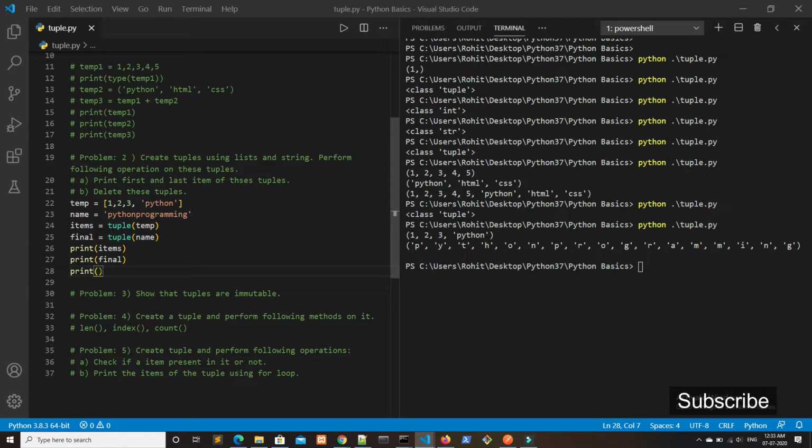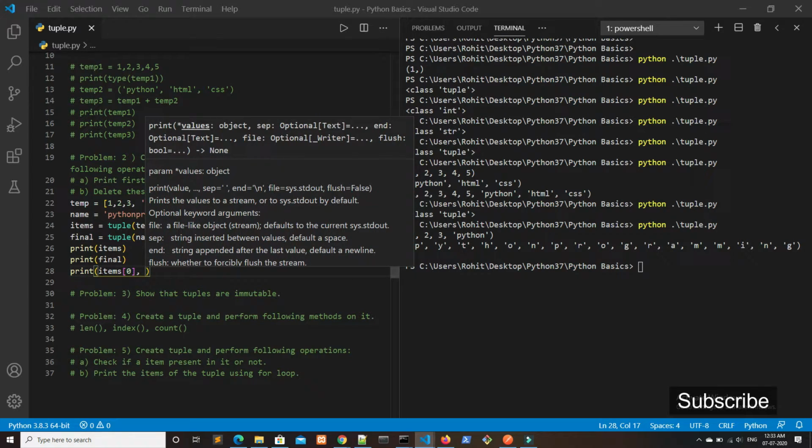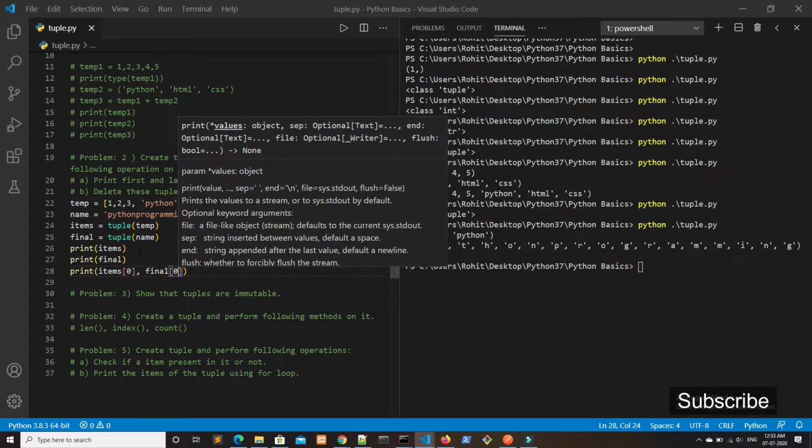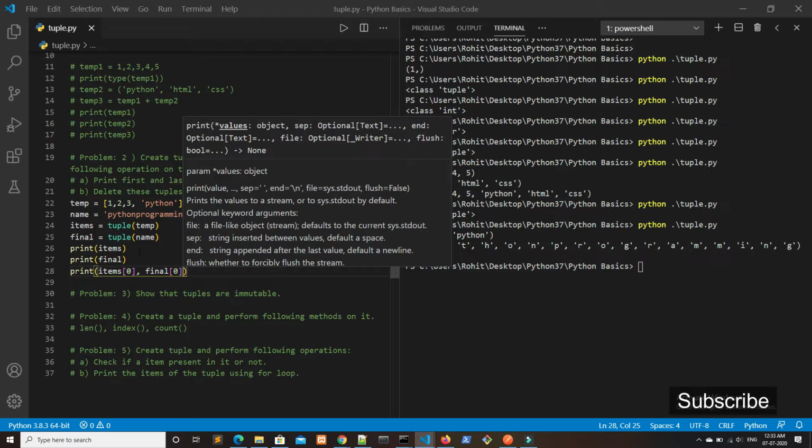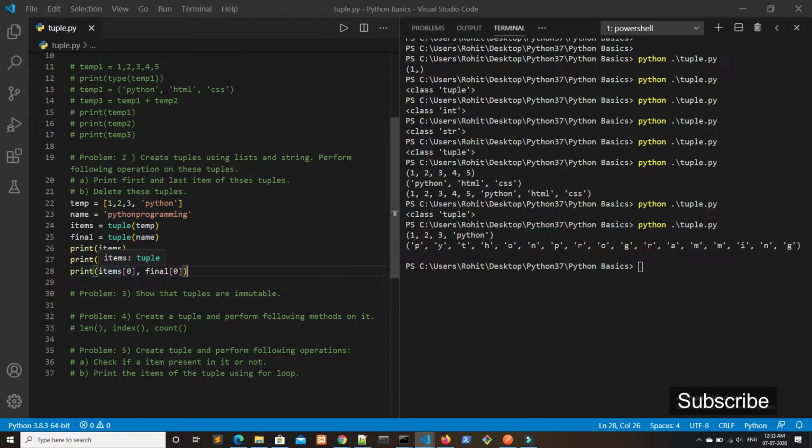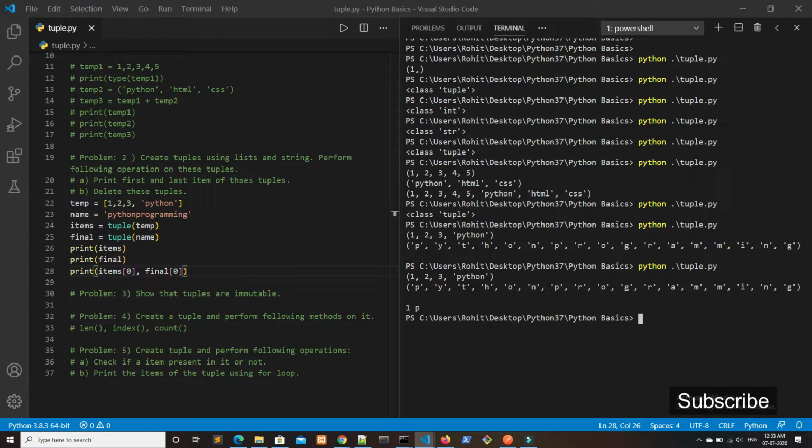And now we also want the first value of final, so we write final and pass 0 inside square brackets. This will give the first value of both tuples. As we can see, we got 1 and P, so the first value of items is 1 and the first value of final is P.